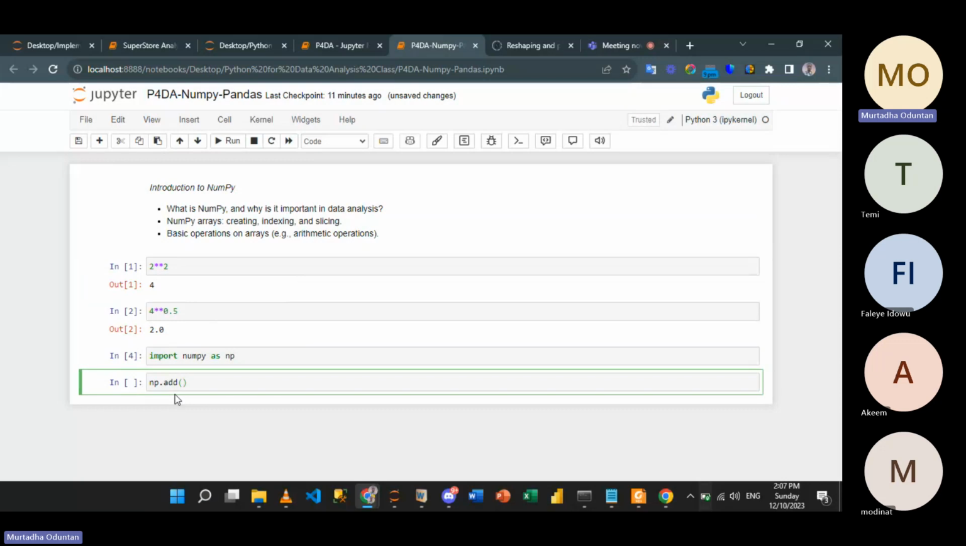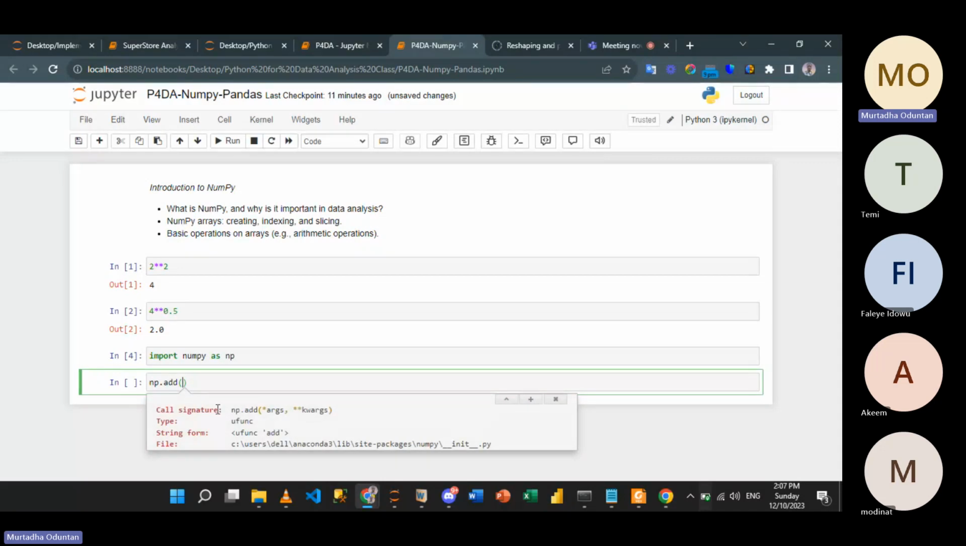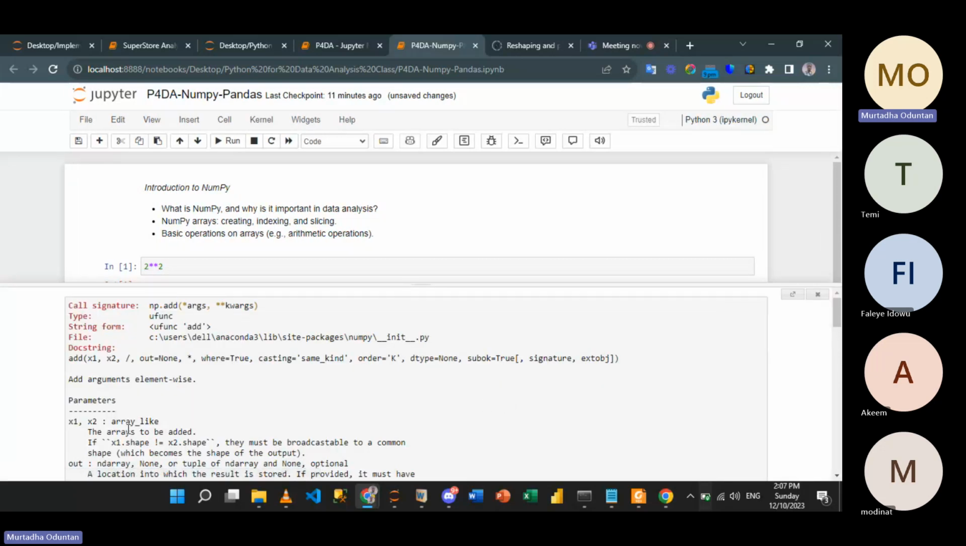So I say np.add. Now, if I want to know how a function or an extension works, I come inside of it and I press Shift Tab. When I press Shift Tab, it gives me a detail of how that function is working. So I can press this show current doc string in pager, and then I'm able to see how certain things work in it. So it says add takes parameter x1, x2,